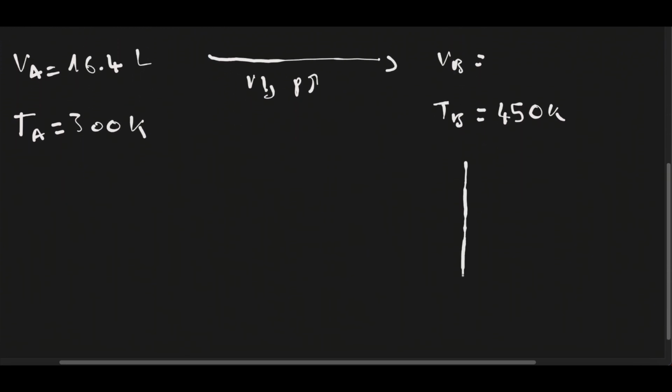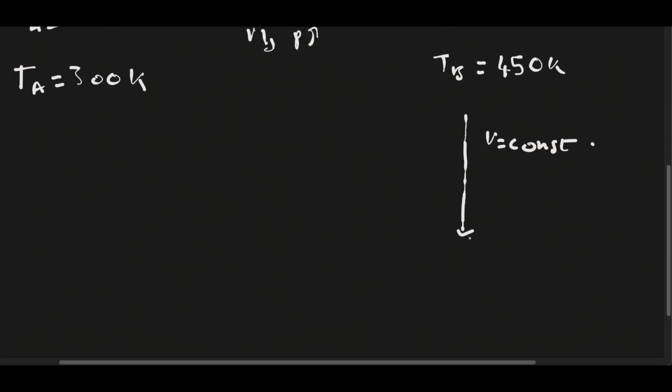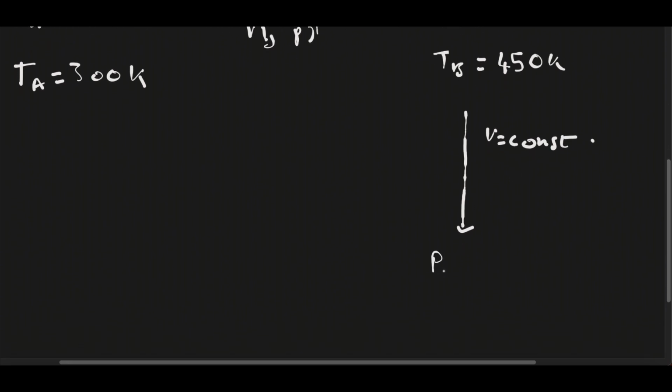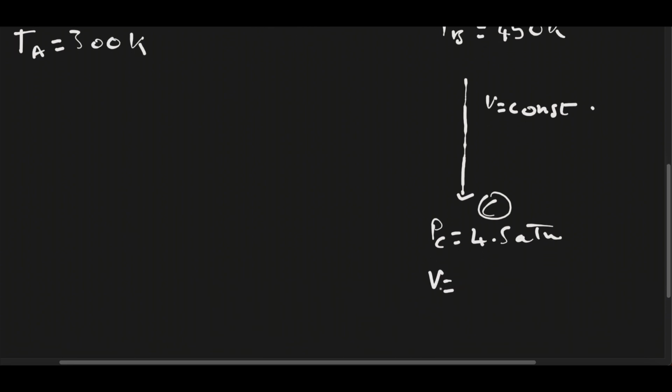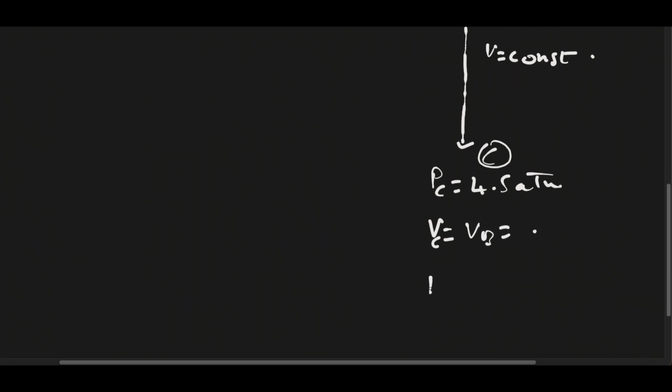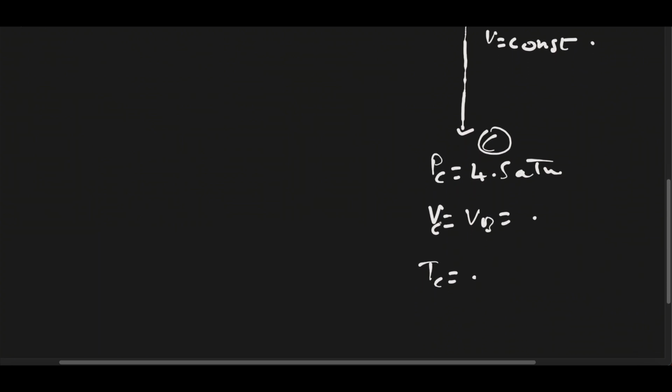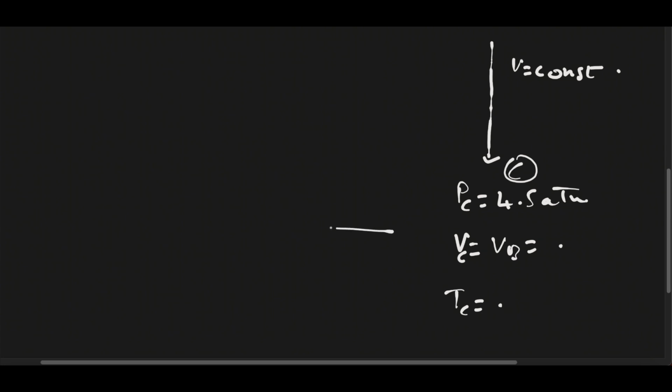the gas goes through an isochoric change, which means that the volume is constant. Here we'll have the pressure in state C, which is equal to 4.5 atm. It is a given value. Volume C is equal to volume in state B, to determine. Also, the temperature in state C is not given, so we have to calculate it. The third step is an isothermal change,